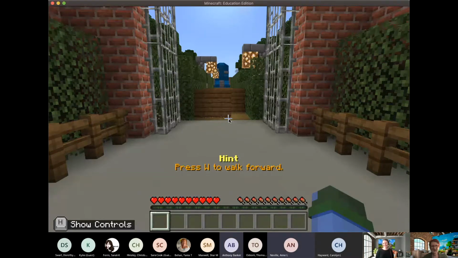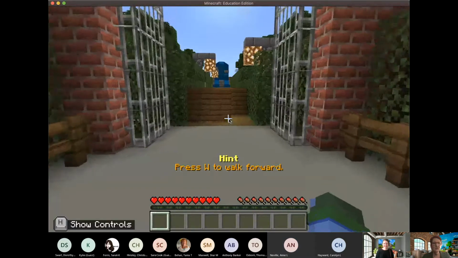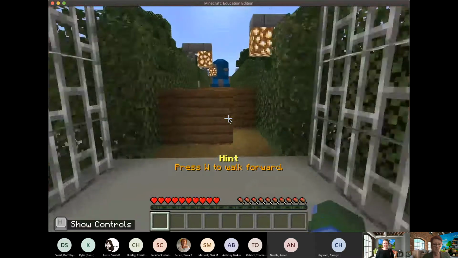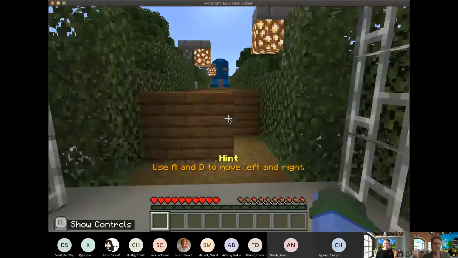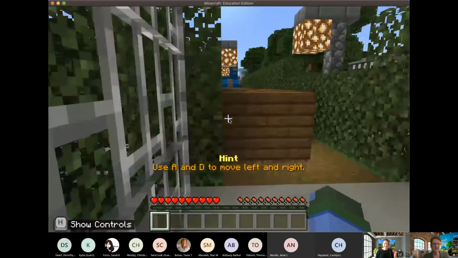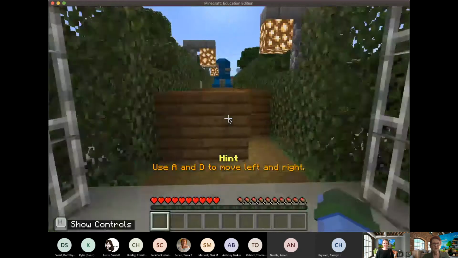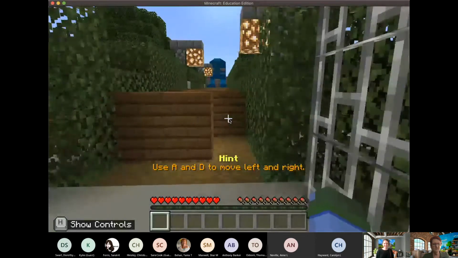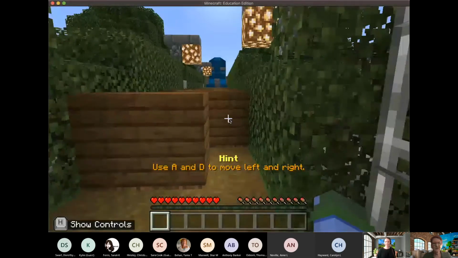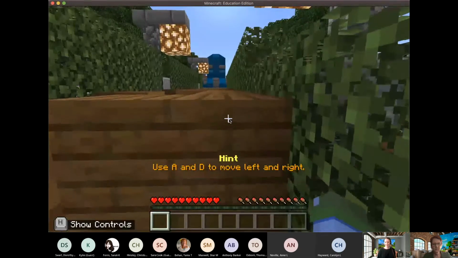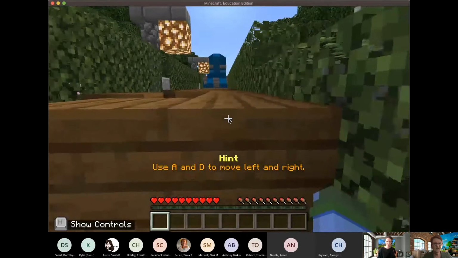Yep, all good. Okay, and so now you've got the hint W to walk forward. So you're using your W key to walk forward in this space. And then the hint comes up because we're going to hit a barrier if we keep going straight forward, so we need to use our A and our D keys to go left and right. If you press A, to practice using it before you get to the wall, and D moves you left and right, but still facing forward. And so you want to navigate around this wall. You're going to have to use your A and D keys to get you